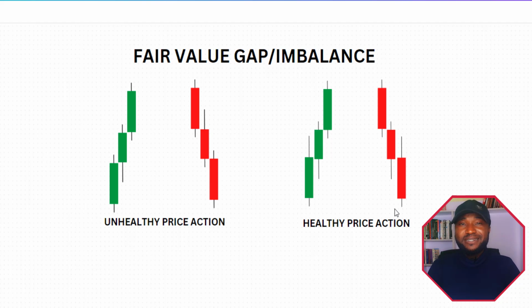If you are trading the smart money concept, or you are trying to learn about the smart money concept, you might have heard about fair value gaps, also known as imbalances. This is actually a concept that was taught in the ICT concept by Michael Hodgson. I'm going to try my best to explain what a fair value gap is for you in this particular video,